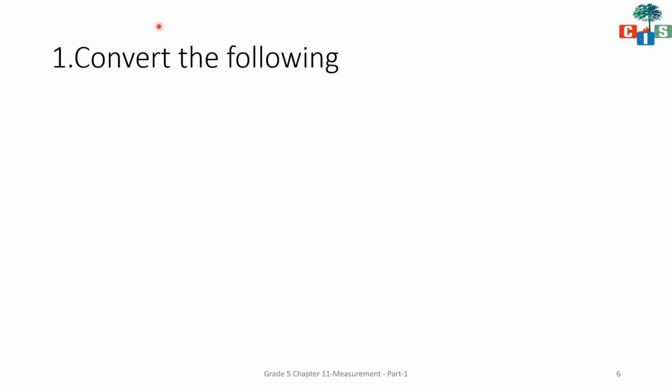So scholars, now we'll start with exercise 11.2, and in 11.2 we have a total of two questions, question number 1 and question number 2. In question number 1 we have a total of 4 sums, of which 2 sums I will solve over here and 2 sums you will do by yourself. Similarly, in question number 2 also there are 4 sums, 2 sums I will do over here and 2 sums you have to do by yourself. So we'll start with question number 1 of exercise 11.2, sum number A.